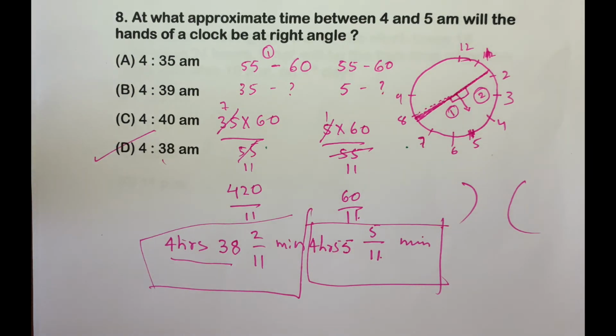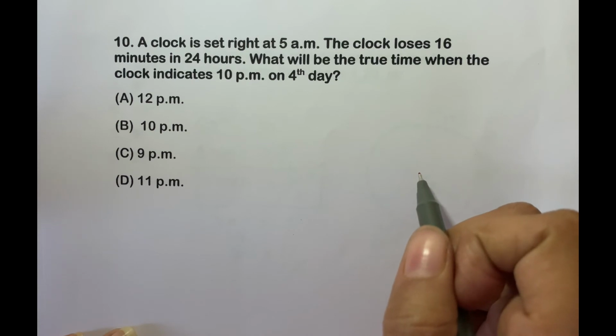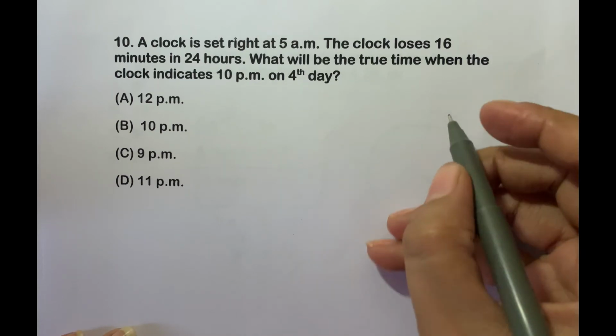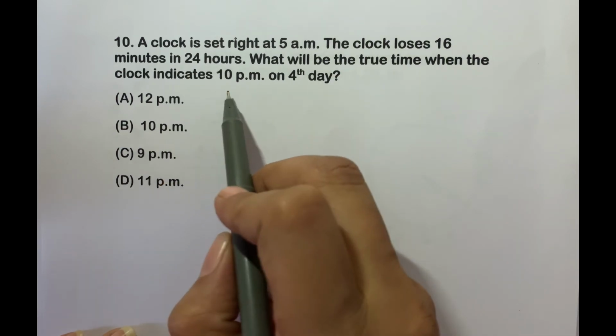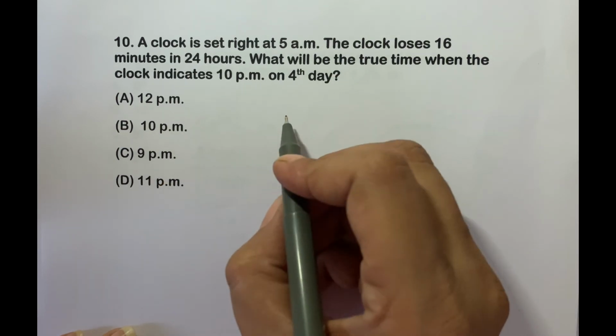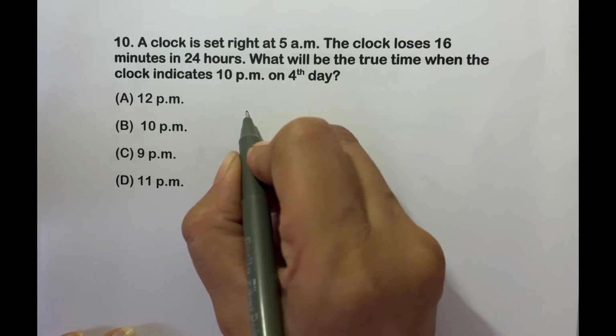Next question. The clock is set right at 5 a.m. The clock loses 16 minutes in every 24 hours. What will be the true time when the clock indicates 10 p.m. on the 4th day? Okay, so the calculation is starting from day 1,